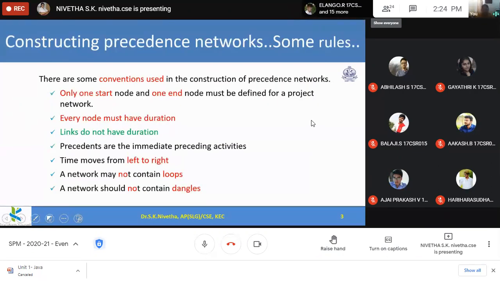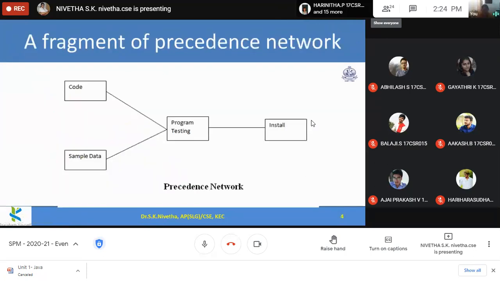So some rules we have seen. Only one start must be there, only one end, and each node must have a duration, and the links should not have any duration, and precedence or the immediate preceding activities. There is no other prerequisite for that, and time moves from left to right, and the network should not have any loop and no dangles. So these are the constraints we have seen already. And this is one sample precedence network,